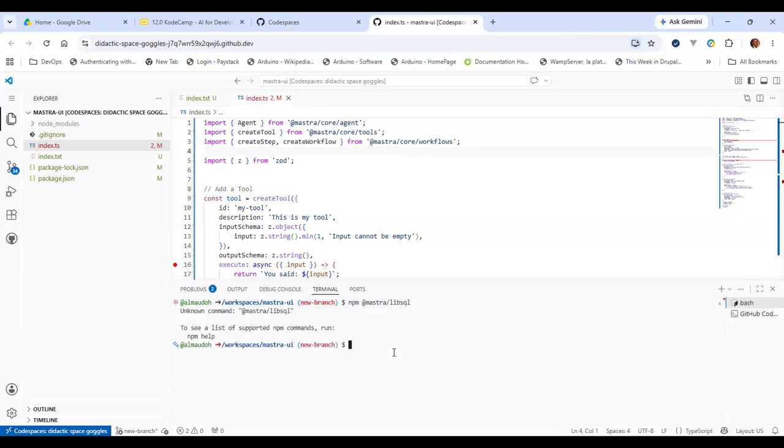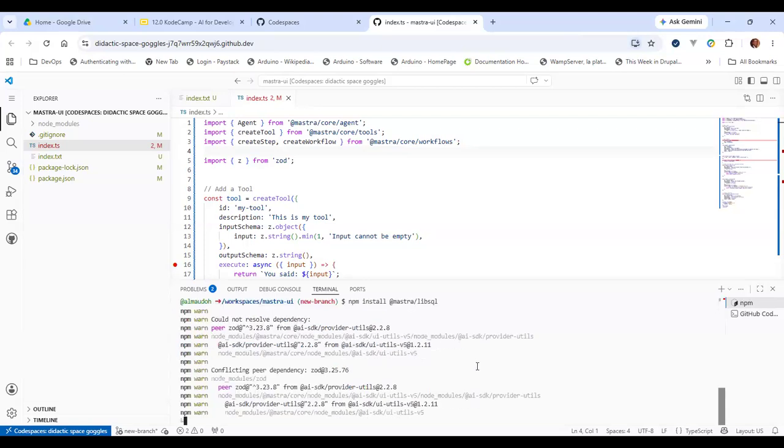So they've basically separated the different types out from the core. So npm install libSQL. Yeah, that's what I was trying to remember.